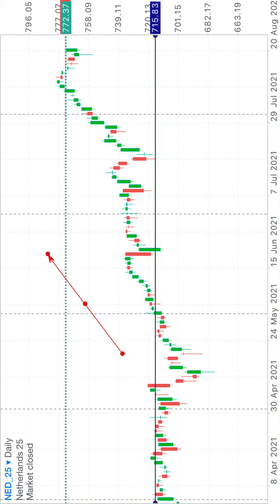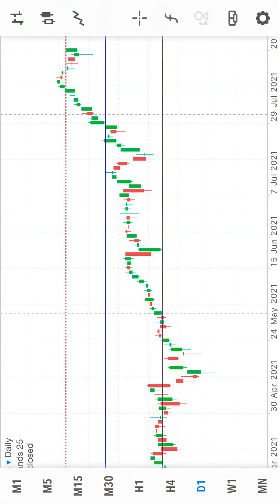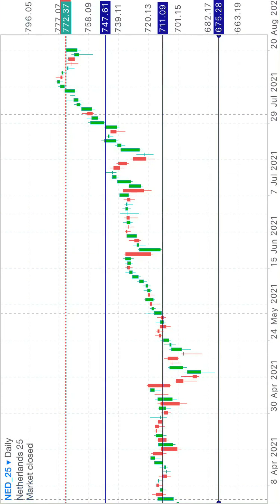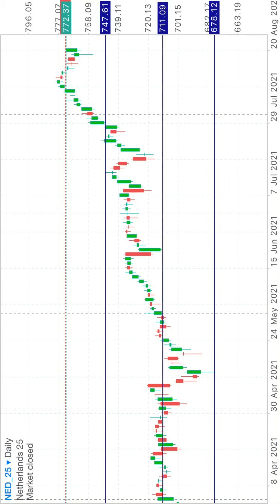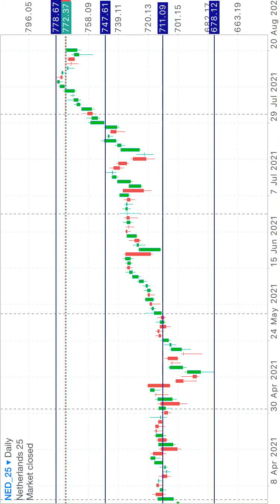So the first thing that you will be doing, you will be checking the trend direction. Second thing, you will be identifying your obvious support and resistance, or your major support and resistance. Your major support and resistance will help you to know when to buy or when to sell. So on a daily, I'm done identifying all my obvious support and resistance which are very close to the current price, which is